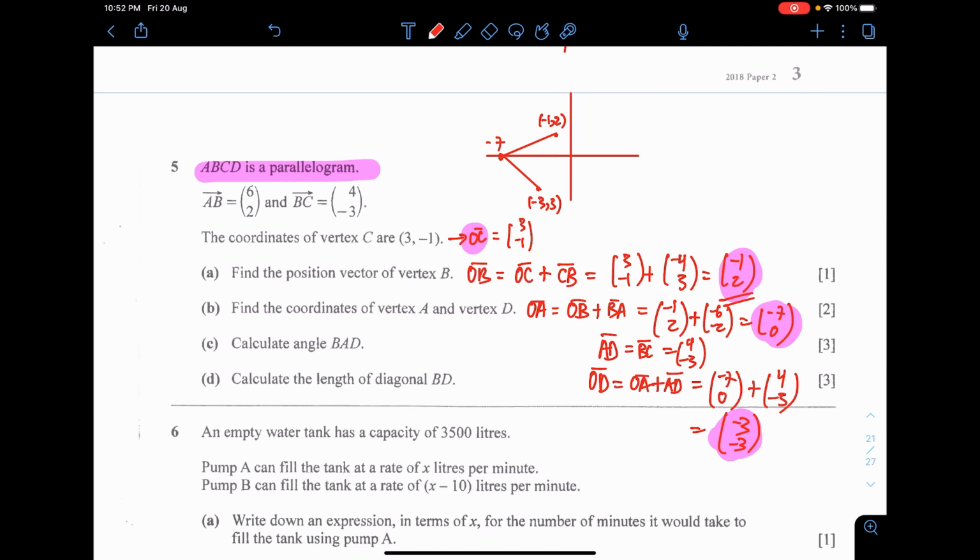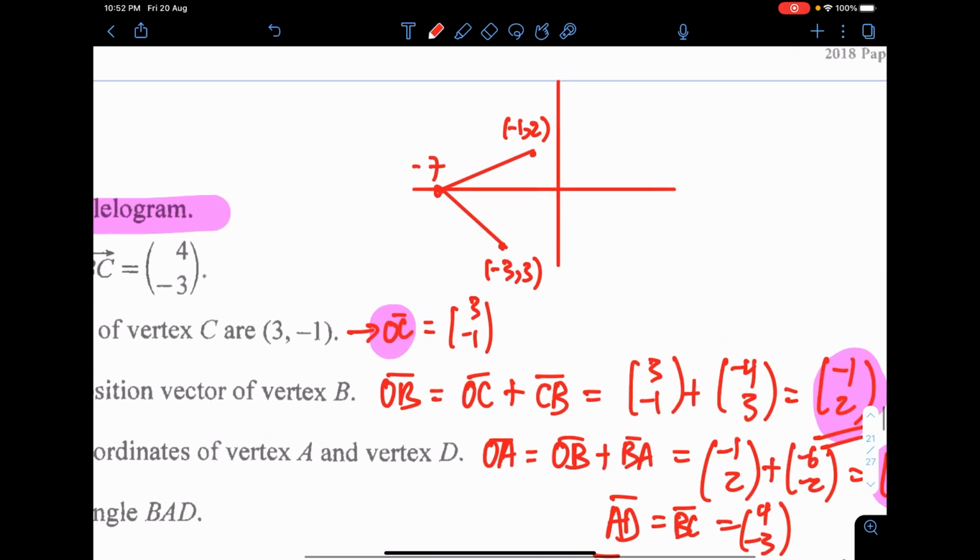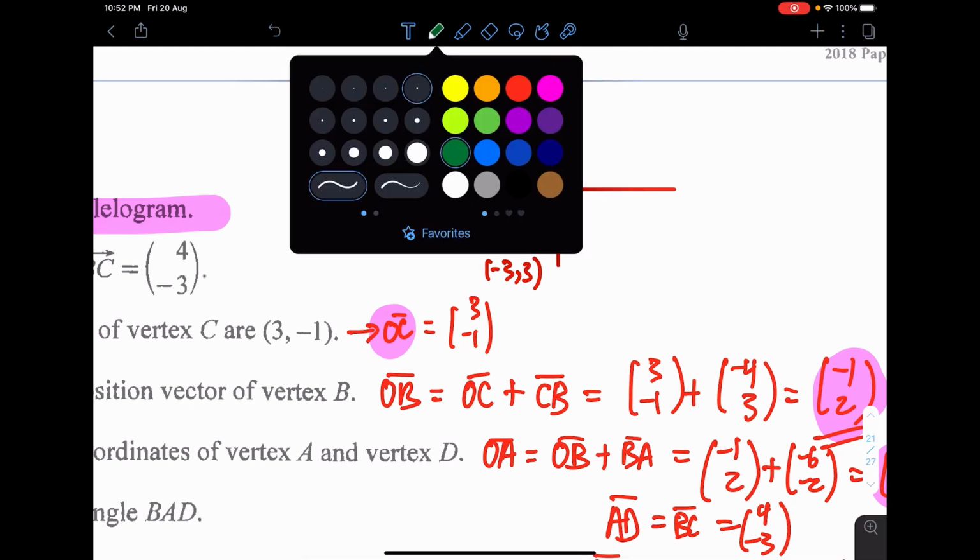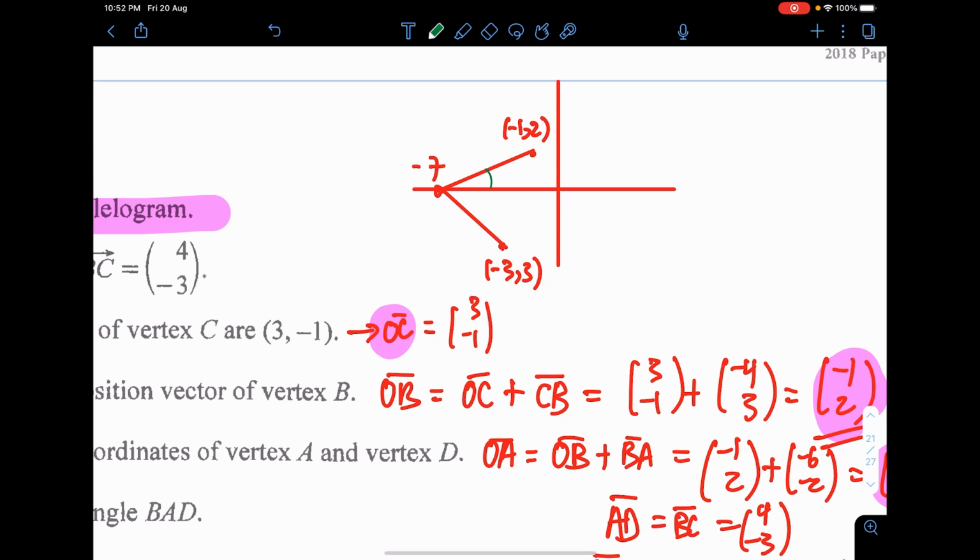Okay, in that case, I need to find two angles. Let me zoom in here. First is the one here, and second is the one over here. To find the angles, let's call them alpha and beta. For the first I'll use a triangle, and for the second I'll also use a triangle. Take a look at the first triangle for alpha.